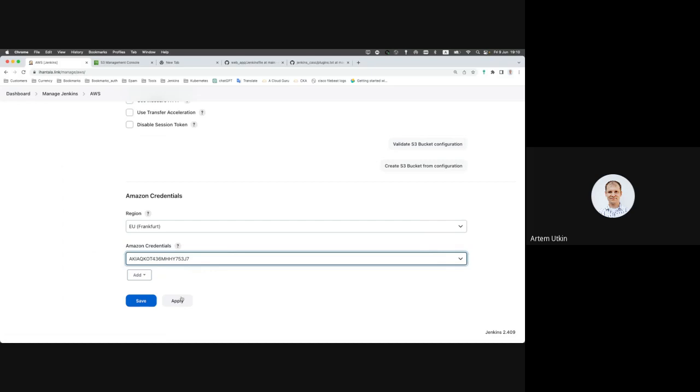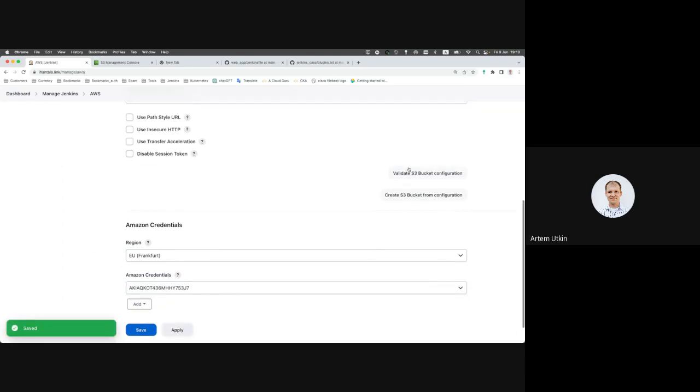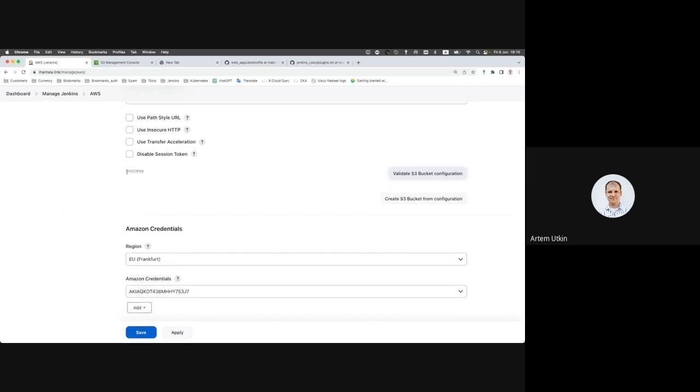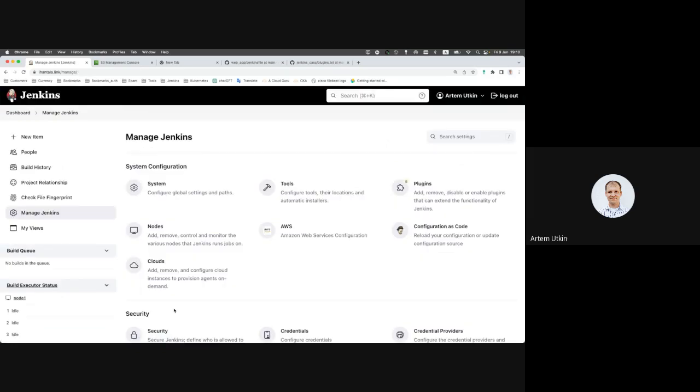So let's apply. And here is the button, Validate S3 bucket configuration. Let's validate it. And if we have permission to this bucket, here will be success. Okay, let's save it. So now we have configured AWS here. And the next step,